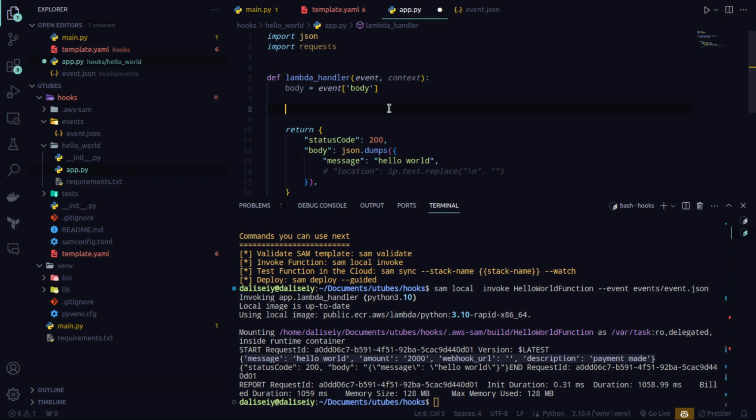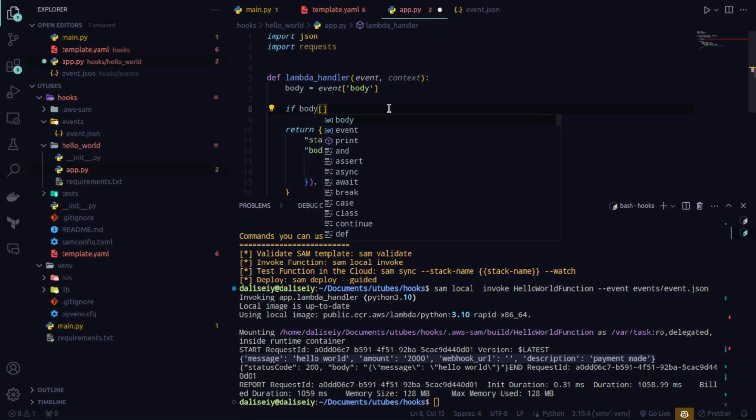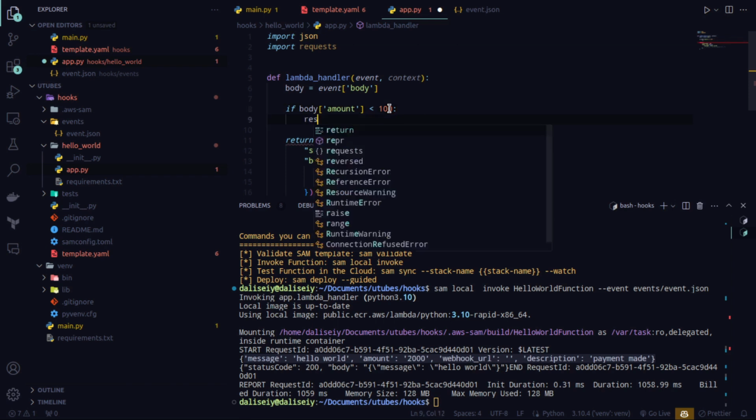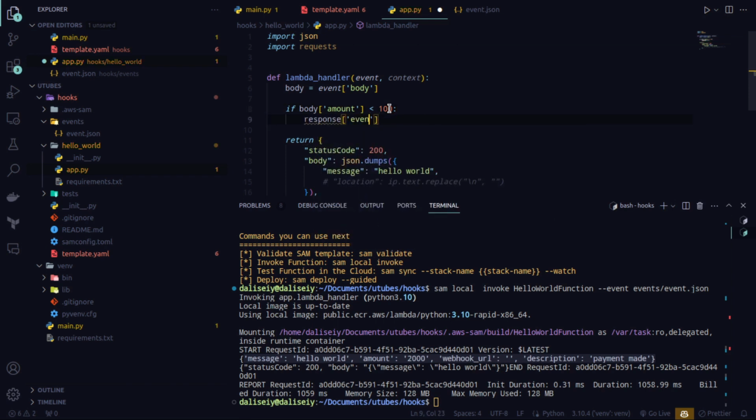For payments to be verified, we need the amount being paid to be greater than $100. So I'm going to say if body amount is less than 100,